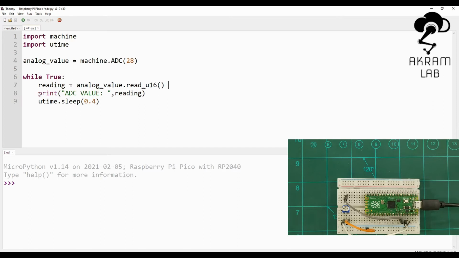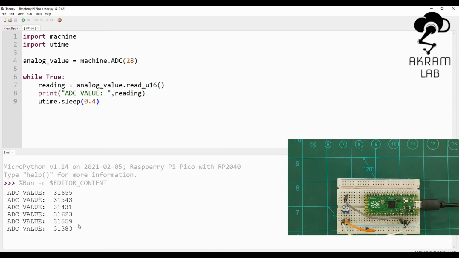After that I print out a statement for the ADC value, and since I have stored the analog value in the variable reading, I am printing the reading with a delay of 0.4 second. Now let's run this and see if it shows the result or not.